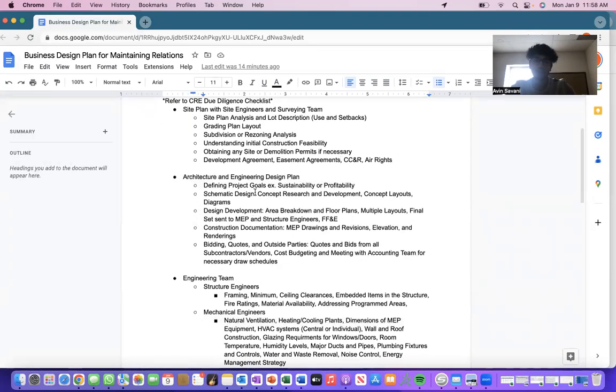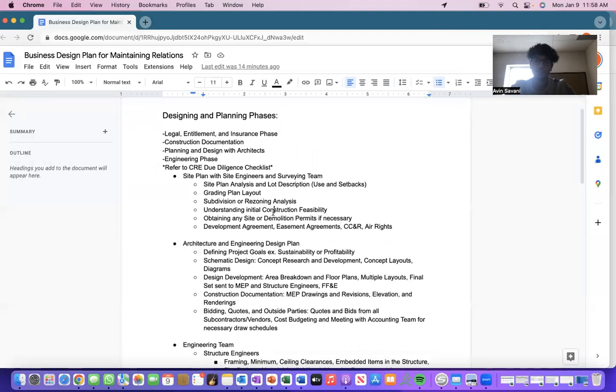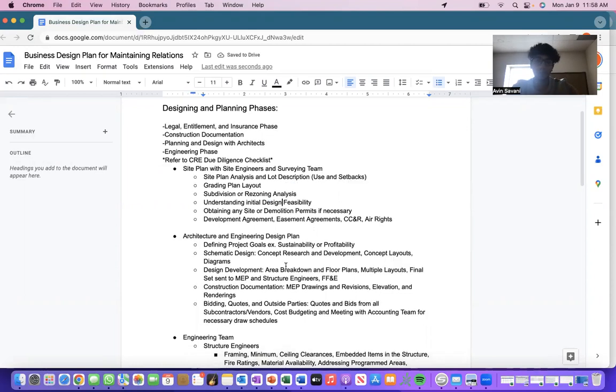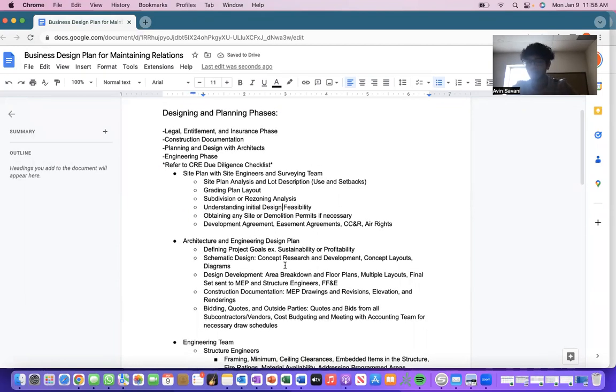Then you should also consider, I wouldn't say construction here, but design, because construction happens later on. Understanding the initial design feasibility is one of the first things you should consider before even doing conceptual planning. If I do develop some type of building here, would it be feasible? You have to understand the uses of that building, so the type of building, right?